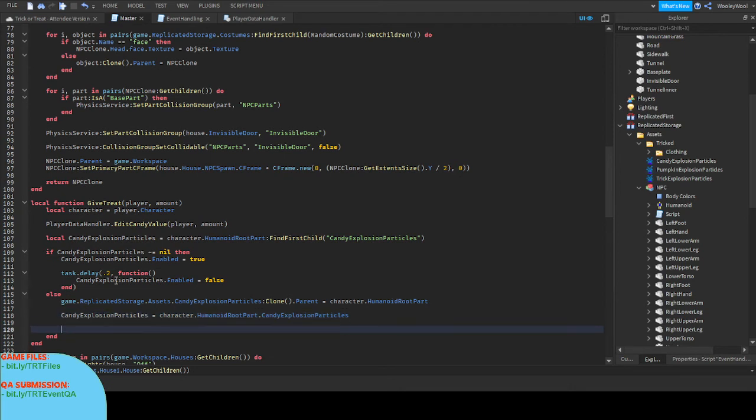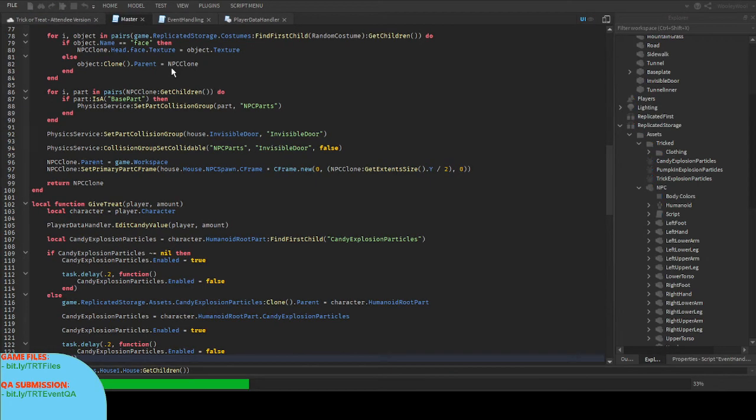Then we're going to do the same thing that we did up here. We can just copy and paste it, so it's a lot easier. Between lines 110 through 114, we're going to copy it and paste it right down here. So if we test this,